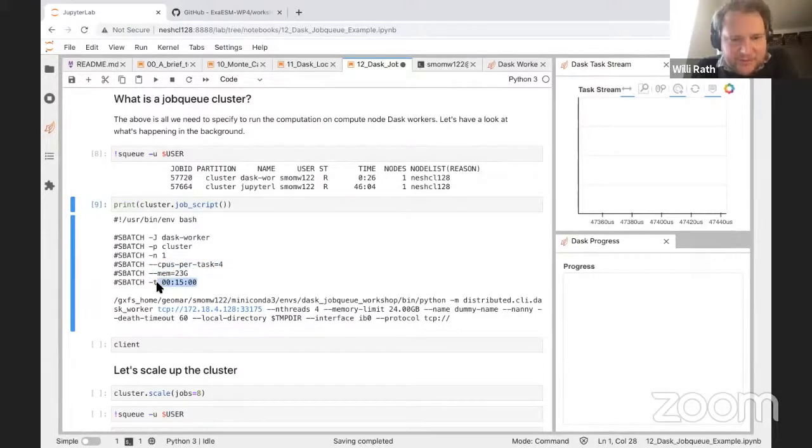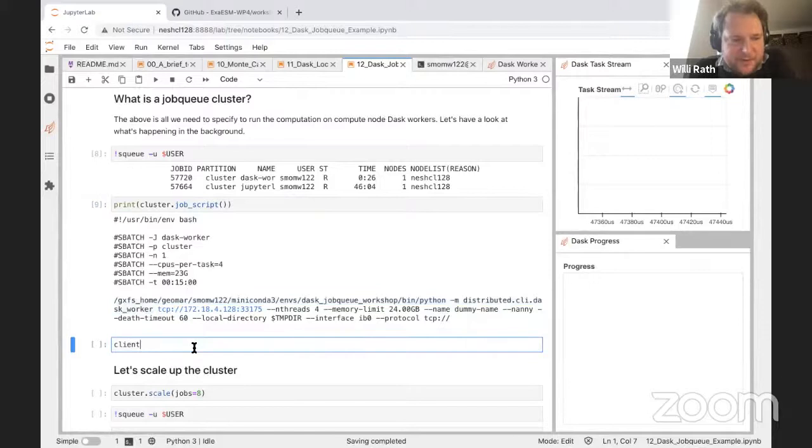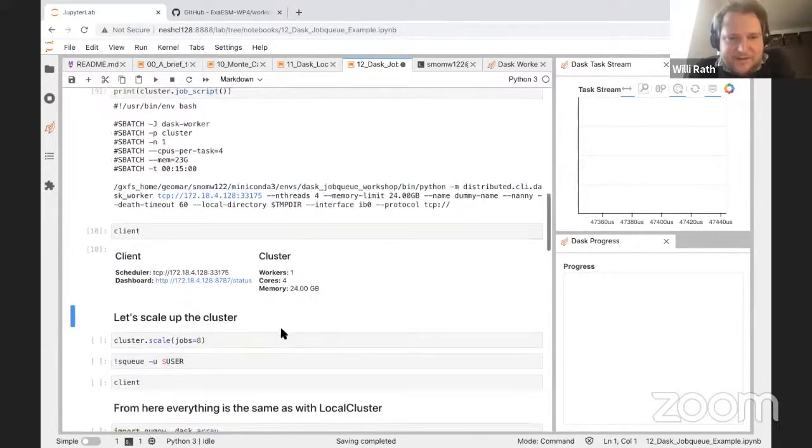We want this to live for 15 minutes max. And then after setting this up, it will use the dask worker command line call that you install with installing Dask distributed,